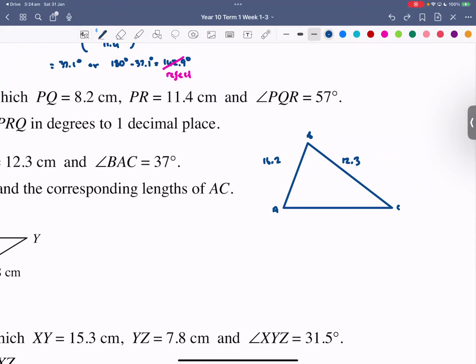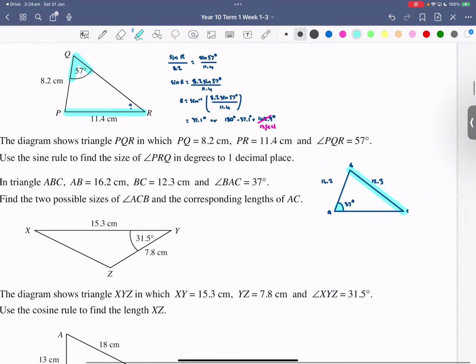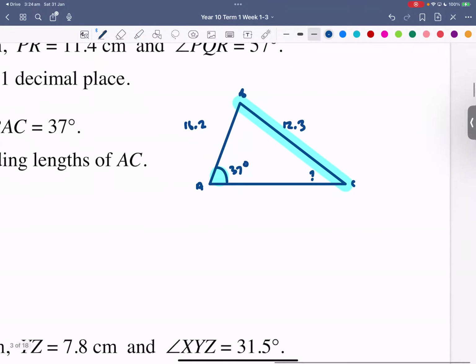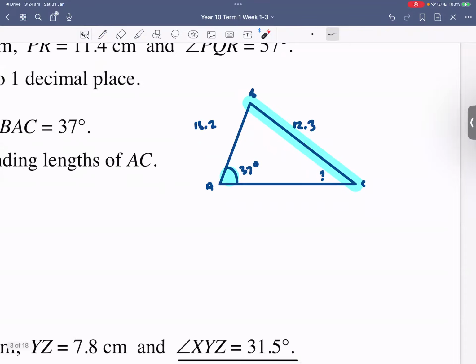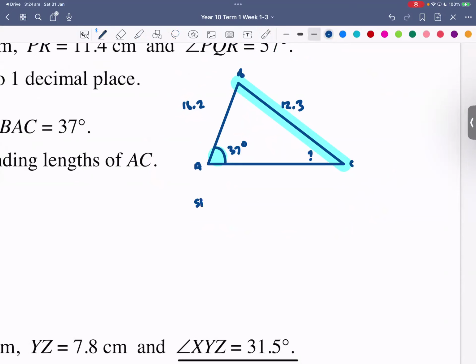Well, it really does look like I've got an angle and the opposite side. So which rule do I use? Sine rule. I'm trying to find a missing angle. The missing angle is angle ACB. I've got a side and the opposite angle. Which rule do you use if you have a side and the opposite angle? We use the sine rule. So I'm going to write down sine, missing angle, I'll call it C, divided by the opposite side, which is 16.2, equals sine 37